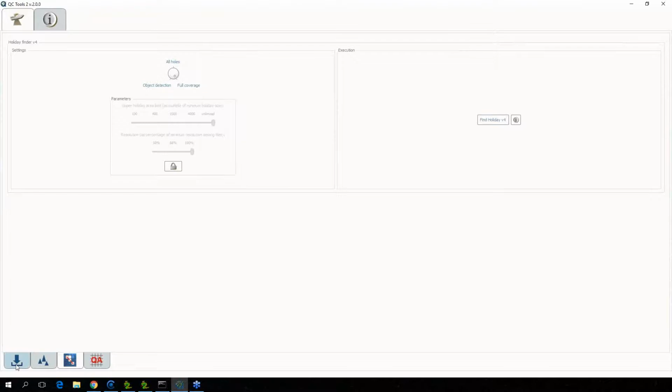Okay, fantastic. So I've loaded in a grid here, and I'll go through some of the dialogue. This is for Holiday Finder. You click on this tab, and it's a pretty simple dialogue. There's really one main toggle, which enables the user to toggle between 3 modes. Full coverage will obviously detect full coverage holidays, and for object detection holidays, you just move it to that. All holes is going to find literally every single hole in your surface, even if it is not a holiday. It will just find any